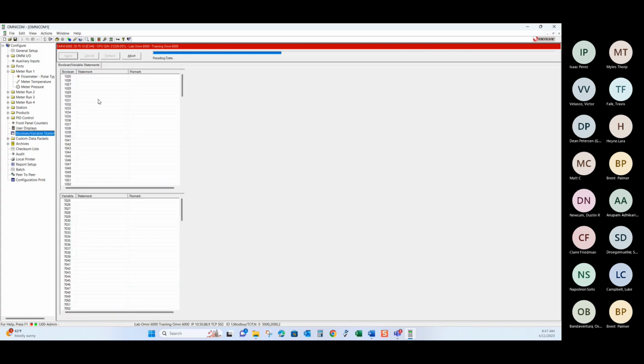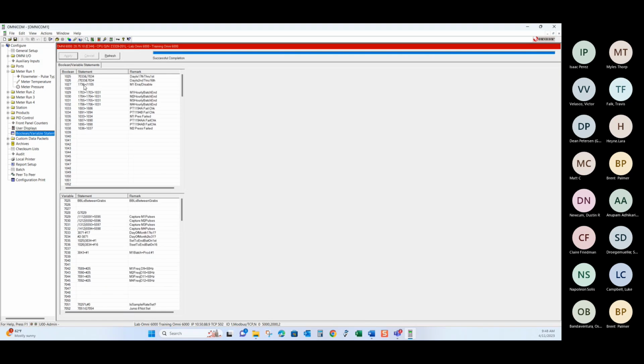So that's a statement that you can write for each one of your meter runs. So 1736 would be equal to not 1105. Now for meter 2, I would say 1737 is equal to